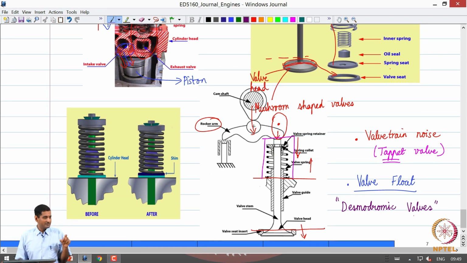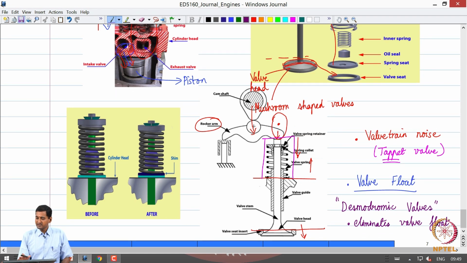open and close the valve without a spring, because with a spring you have compliance and then you have these dynamic effects coming in, right. So, essentially when you have this rigid contact, right, you can push and pull to the best possible extent. Okay. So, that way this desmodromic valve uses a rocker arm to essentially both open and close the valve, okay, and this eliminates valve float. Okay. So, this mechanism essentially can completely remove valve float.